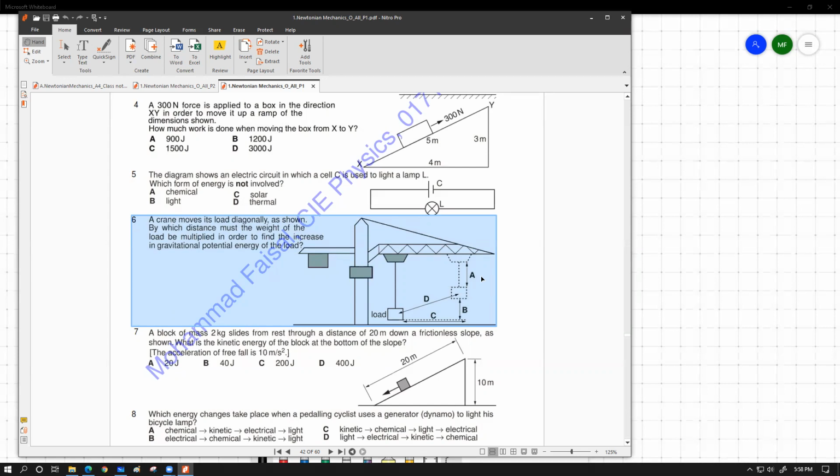Okay. B is the correct answer. I hope you understand that. If you don't, you can ask me. Okay, someone asked for question. Yeah, B is the correct response for this question. A has nothing to do. D is the diagonal distance. C is the horizontal